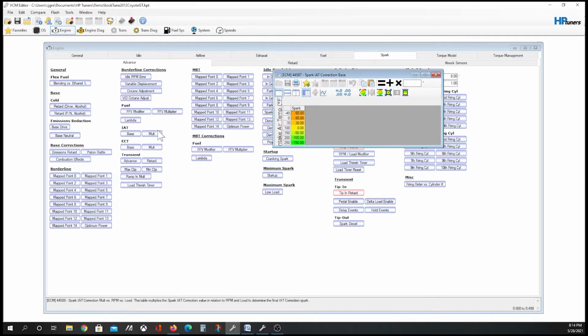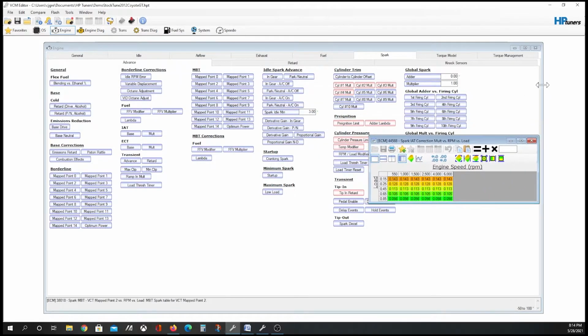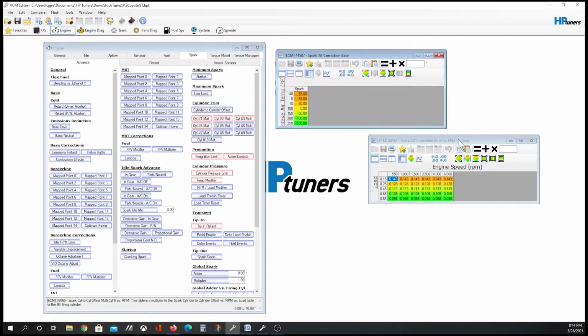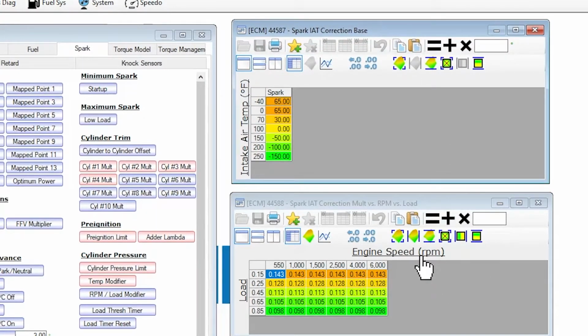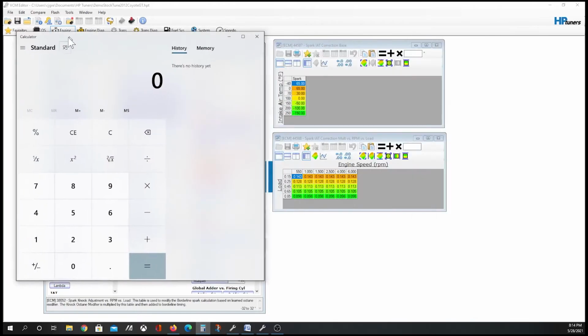All right, let's go look at these tables. Let's look at our IAT and our ECT. So this here is a multiplier. You can see the base table and the multiplier here. And try to pull both of these, the multiplier and the base table, up at the same time for our air temperature. Okay, so let's say that we are at 4,000 RPMs and 85% load. Then this is our multiplier. And let's say our air inlet temp is 200 degrees because you live in Phoenix and you've been idling at a stoplight. So that means we have a negative 100,